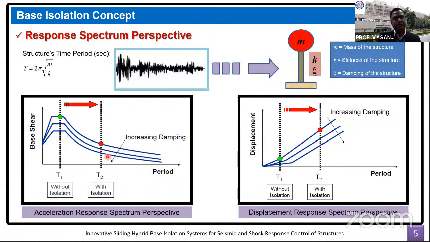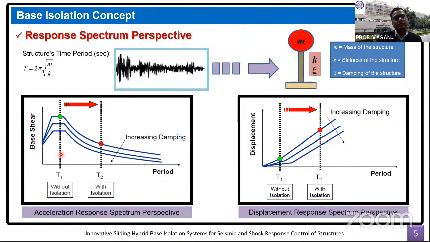Still, in this discussion, I did not mention what time periods. I'll just give my information from Japan, where they are also using base isolation for structures having a time period in the range of 3 seconds. So they are even shifting this 3 second time period to a much larger time period so that the effectiveness of isolation can still be achieved. Nevertheless, in our context, if we talk about 5 to 10 stories of building, approximately it will have a time period of about 0.5 seconds to 1 second.